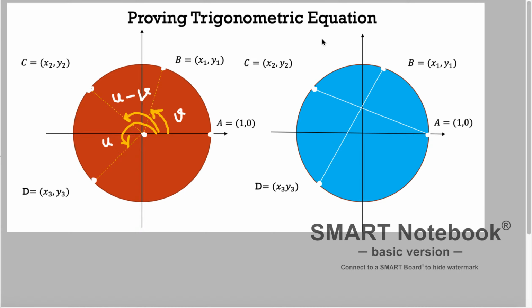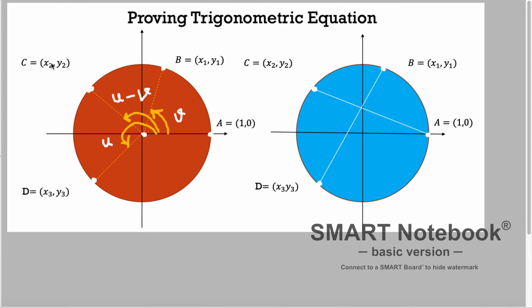Let's prove the trigonometric equation: cosine of u minus v is equal to cosine u times cosine v plus sine u times sine v. So let's take the angle v up to the point B here, this angle. And let's take the angle u, which is from this position here up to the point D here. And if we subtract those two, we're going to have u minus v, which is this angle here to